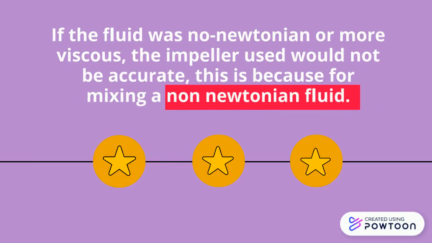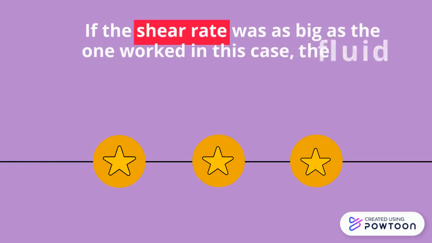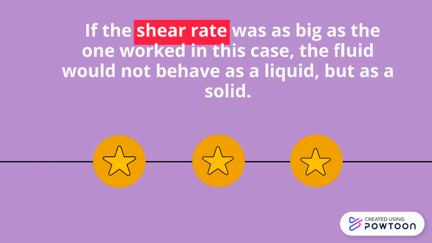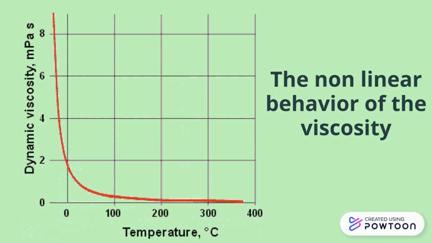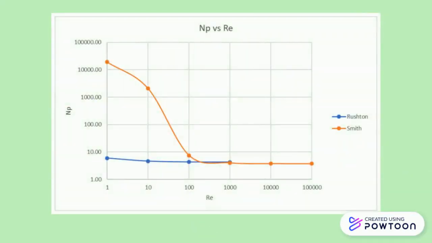This is because for mixing a non-Newtonian fluid, if the shear rate was as big as the one worked in this case, the fluid would not behave as a liquid but as a solid. This happens because of the non-linear behavior of the viscosity, which can be modified by temperature or shear rate. Also, the regime reached would not be a turbulent one but a laminar one, in order to keep a constant behavior in